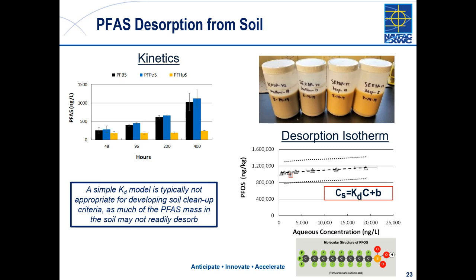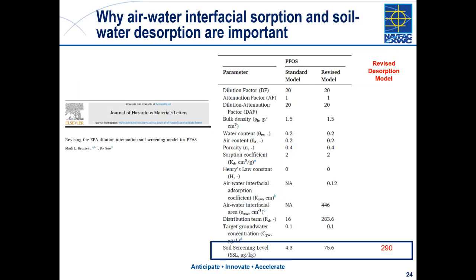So this is a lot of technical detail, but if you go to slide 24, maybe Chuck, you can get us to where the rubber meets the road here. What do some of these processes, the absorption at the air-water interface and some of this desorption behavior, mean for actually developing appropriate soil cleanup criteria? Well, this is a paper from Mark Brusseau, University of Arizona, and he's thinking about these dilution attenuation soil screening levels. We've done this for other contaminants, and he's just trying to say that for these different PFAS that are affected by this air-water partitioning, this is a big deal.